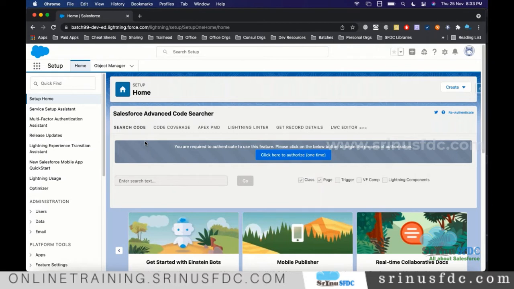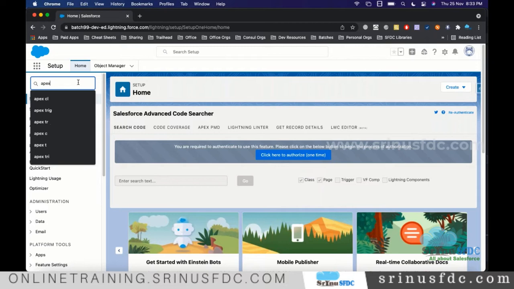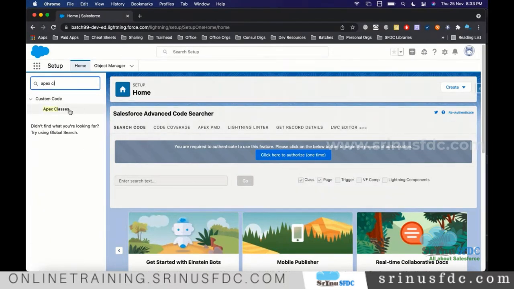There are different places to create it, but ultimately it doesn't matter where you create it. All the Apex classes we create will be stored in a database table called Apex class. Internally in Salesforce, they maintain an Apex class table. All the classes we create will be stored in that table. So now let's create. First, we create from here, from Setup. On the left side, click on Apex class,